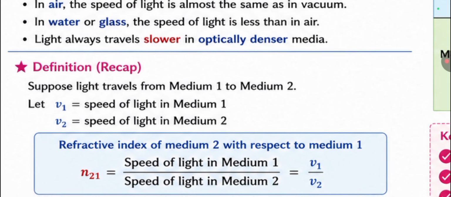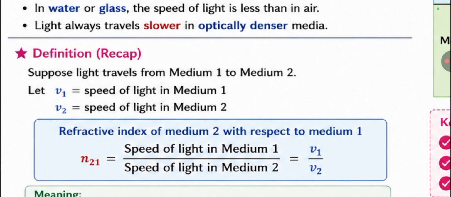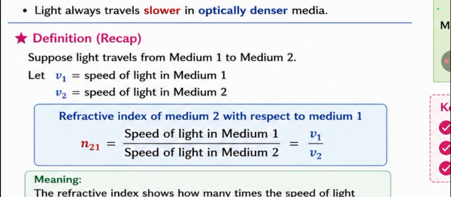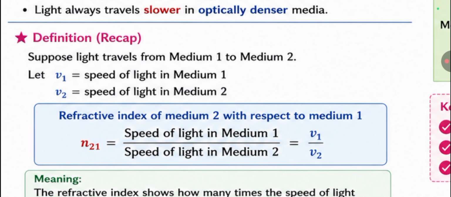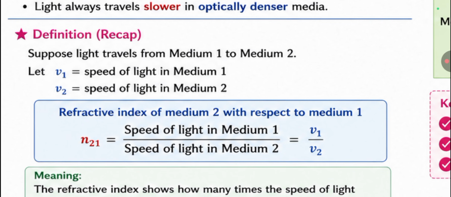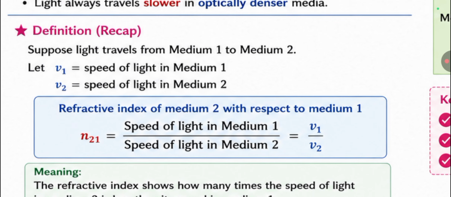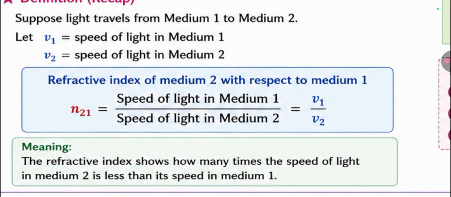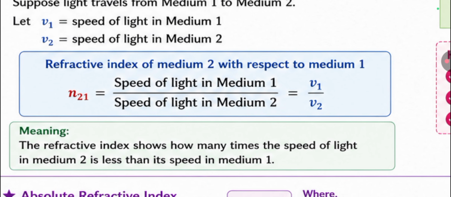Okay, once again, a recap of the definition. Suppose light travels from medium 1 to medium 2. Let V1 be the speed of light in medium 1 and V2 the speed of light in medium 2. The refractive index of medium 2 with respect to medium 1, N21, is equal to the speed of light in medium 1 by the speed of light in medium 2, that is V1 by V2. That means the refractive index shows how many times the speed of light in medium 2 is less than its speed in medium 1. Okay,